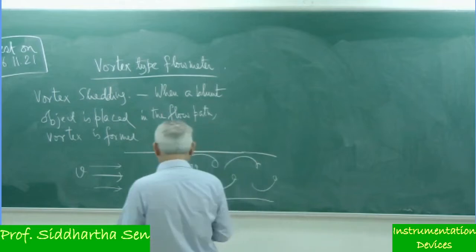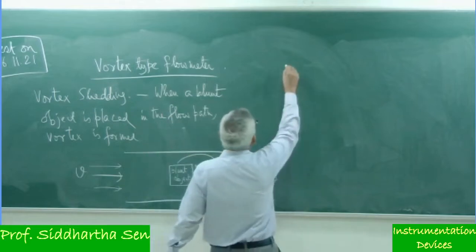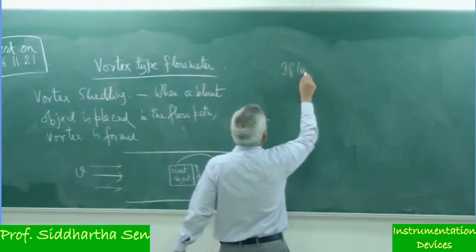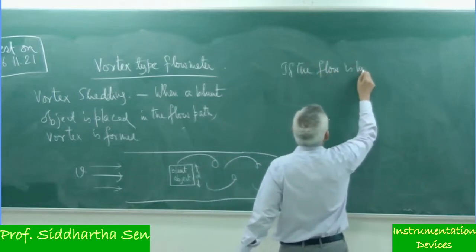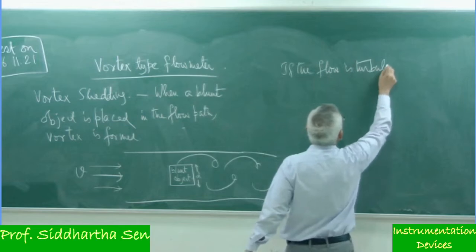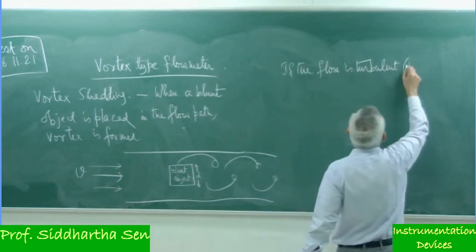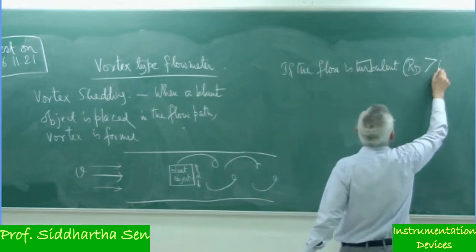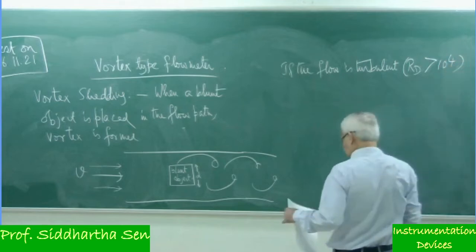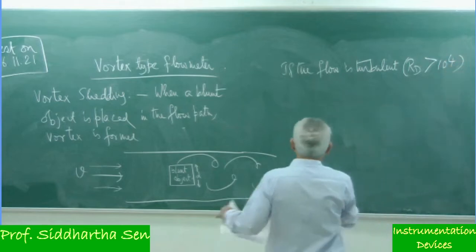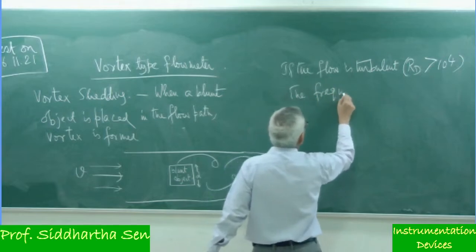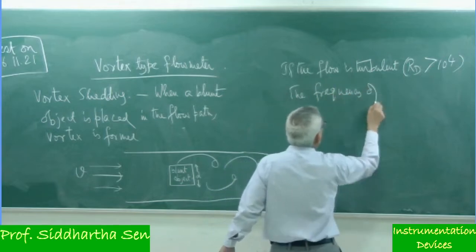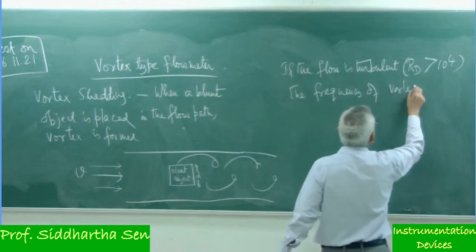And interestingly, if the flow is turbulent, that is, Reynolds number is greater than 10 to the power 4, the frequency of vortex formation